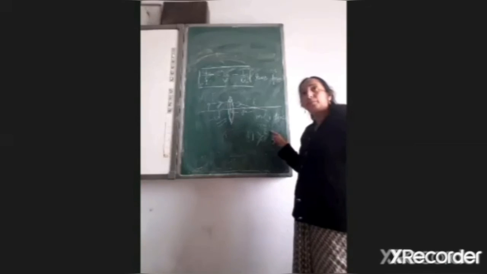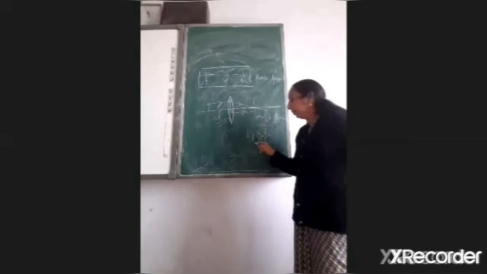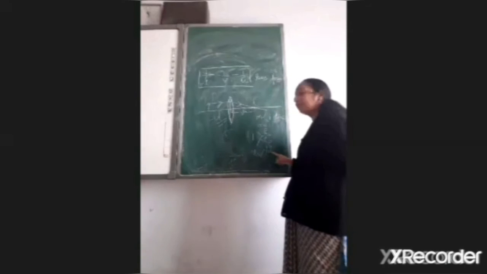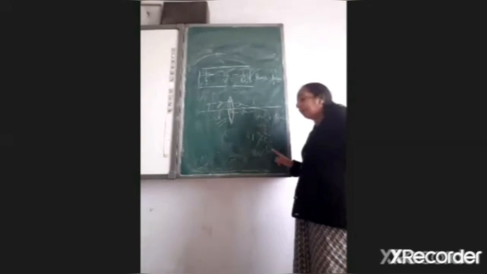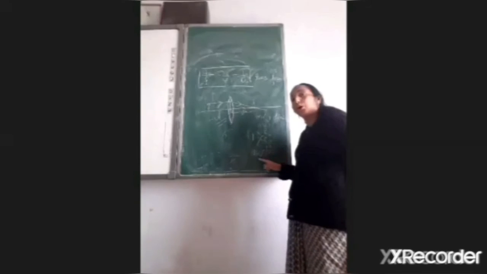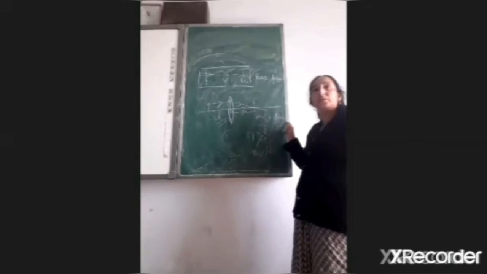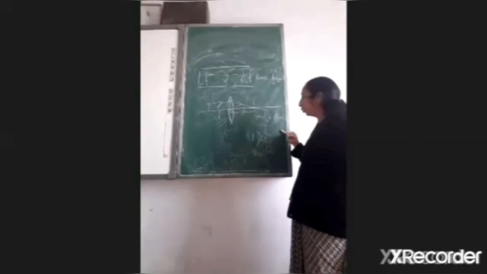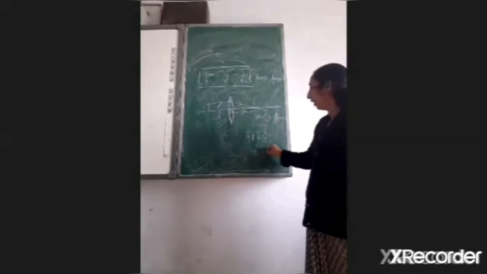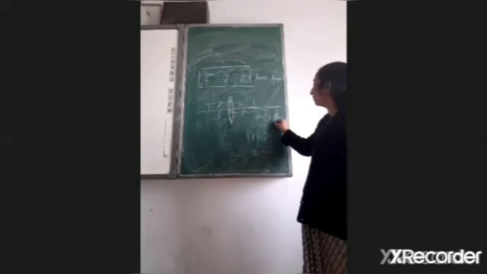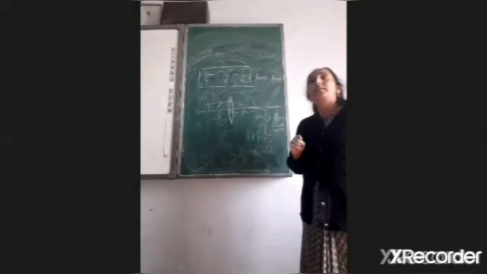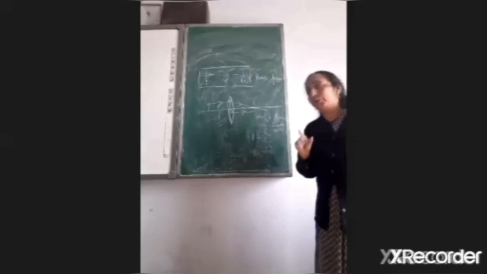This is m and it is less than 1, that means hi, the height of the image, is less than ho, the height of the object. That means you will get a diminished image. आपकी इमेज कैसी होगी? छोटी होगी. If m is equal to 1, so obviously hi is equal to ho, that means you will get the same size image. You will get the same size of the image, जितने आपके ऑब्जेक्ट की इमेज सेम.